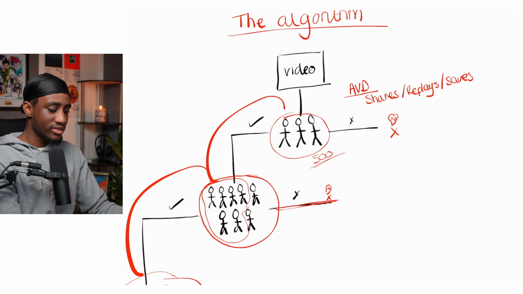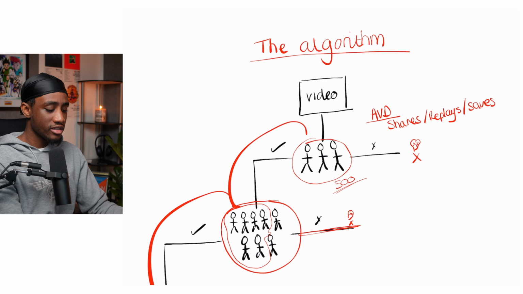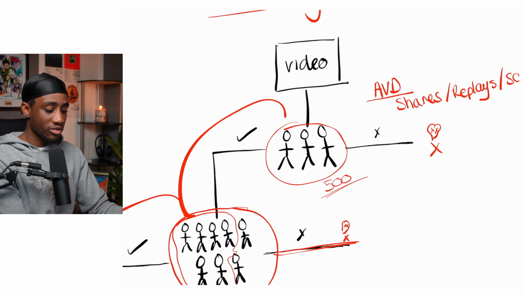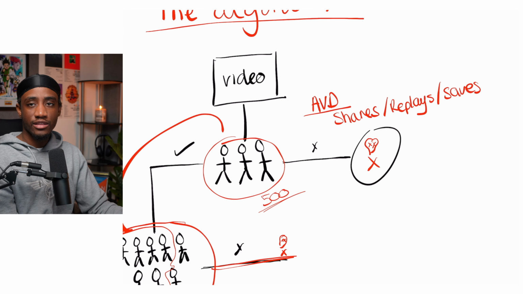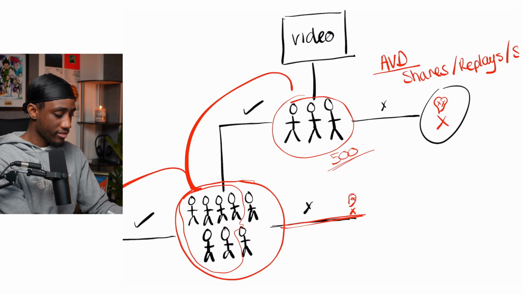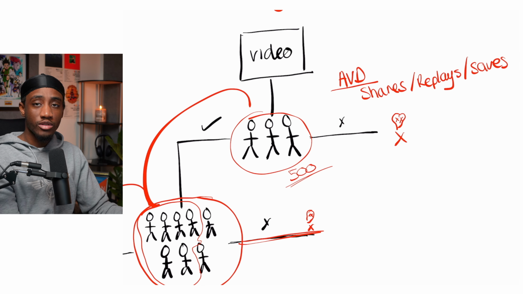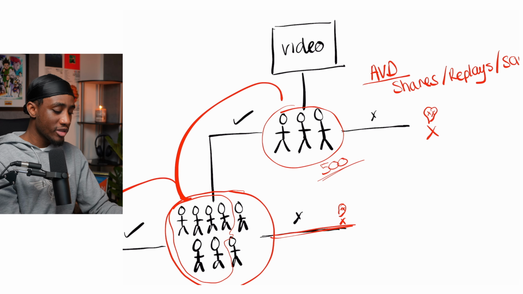If, let's say you said, oh, here's how to lose weight if you're over 40, and for some reason, the people that watch your videos, they're not over 40. They're going to skip your video. They skip your video, you have bad view duration. They don't share it. There's no replays. There's no saves. Your video dies exactly where it is. Now, if you open up the topic and it applies to more people, all of these people can watch the video, then your video gets pushed out to more people and more people and more people.